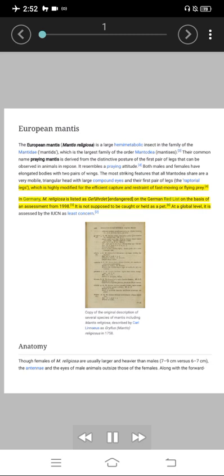In Germany, M. religiosa is listed as gefährdet, endangered, on the German Red List on the basis of an assessment from 1998. It is not supposed to be caught or held as a pet. At a global level, it is assessed by the IUCN as least concern. Copy of the original description of several species of mantis including Mantis religiosa, described by Carl Linnaeus as Gryllus mantis